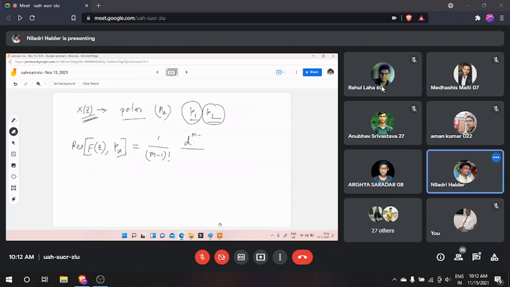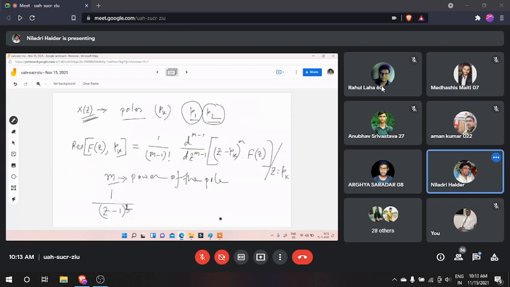And one more thing, if you simplify that equation considering m equal to 1, it will be 1 by (1 minus 1) factorial, that is overall 1, d to the power 0, so that will be 1, and (z minus pk) F(z) will remain. So it will be (z minus pk) F(z) for z equal to pk. For m equal to 1, meaning when the power of the pole is 1, you can use that formula too. But if the power of the pole is more than 1, then you have to use the general one. Okay, so depending on that formula, you have to solve the residue method.